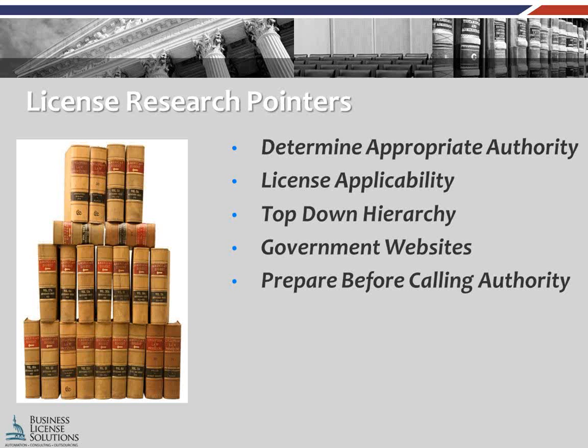All right, so the next step, now that you've identified the areas of your business that may need licensing, it's time to turn to researching. Researching involves both figuring out who the appropriate licensing authority would be and whether the license is actually applicable to your business. If you've accurately identified your locations or service areas, then you know which municipalities have jurisdiction. We usually start from the top down, state, county, and then local, because many times the higher level license may be a prerequisite to obtaining the local license.